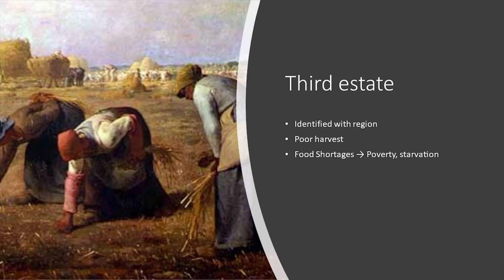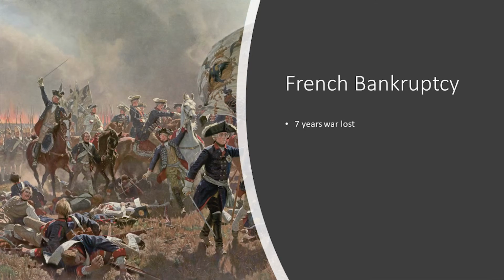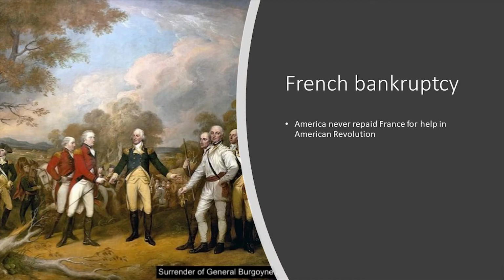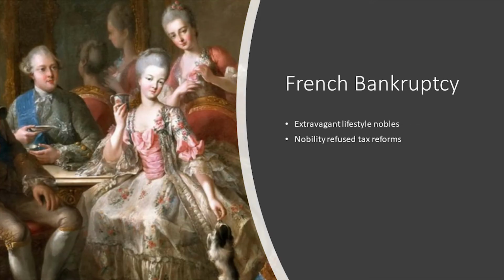In the years before the revolution, the population experienced poor harvests and therefore had food shortages, which led to poverty and starvation. France also had a huge financial debt as a result of continuous wars with Great Britain in the years before, including the Seven Years' War and the American Revolution. The nobility opposed the tax reforms, and therefore France was almost bankrupt. The Enlightenment also played a big role in the French Revolution. It gave new ideas about government, and the rights of citizens undermined the Ancien Regime.